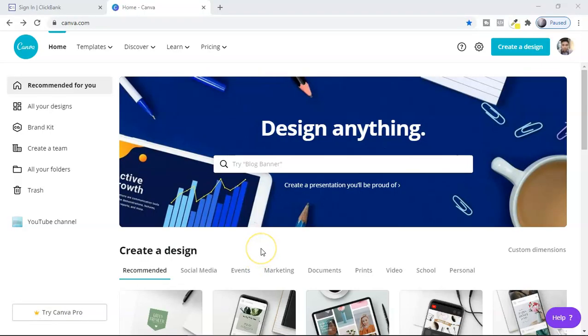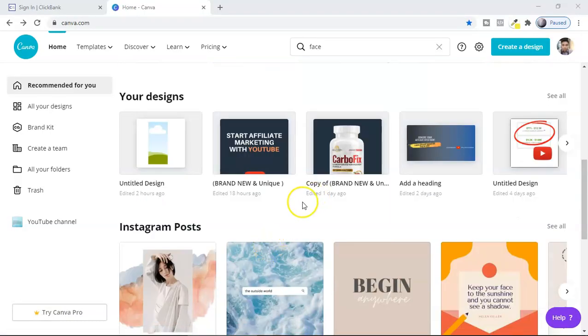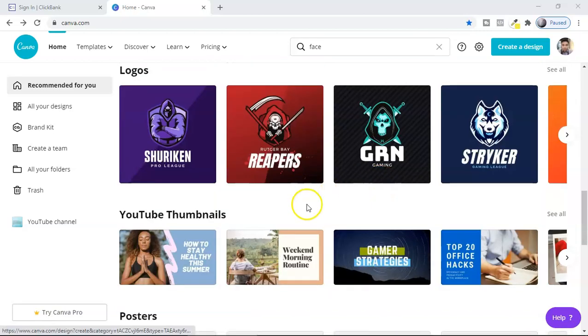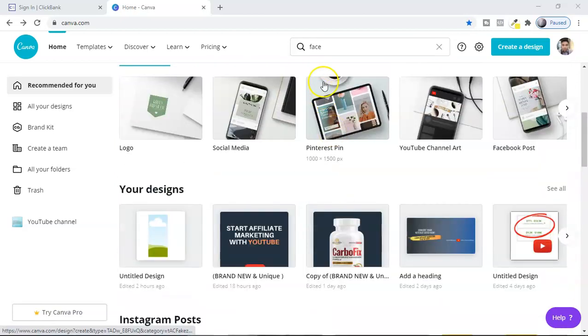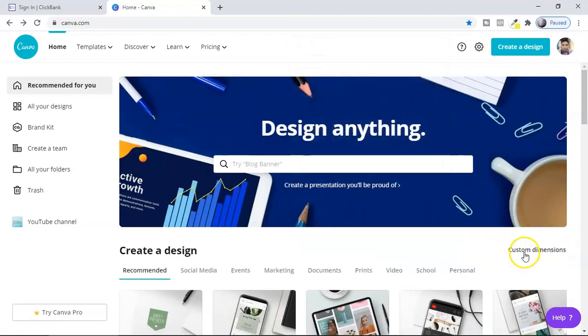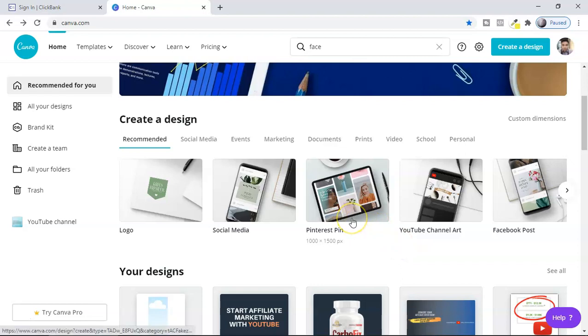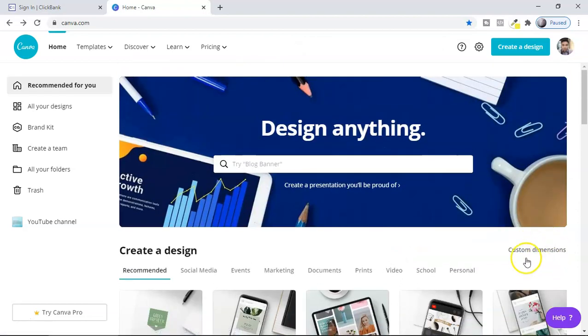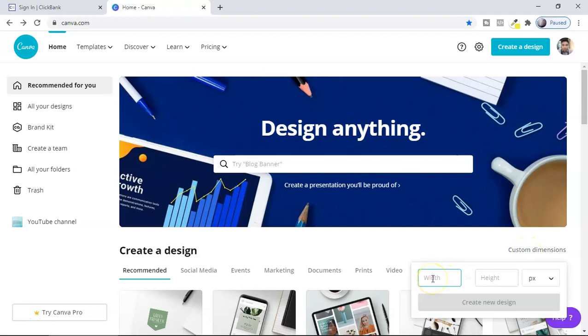Another free platform is Canva. Canva is also going to allow you to create a lot of good images. Here you can see it will allow you to create Facebook ads and all like this, okay? Look at this Facebook ad, Facebook app ad, cover, all these things here. But this is really low quality, guys. That's why I'm not creating more with Canva, okay? But if you're a beginner and you don't want to invest, you can get into Canva. You can put the image size here, whatever the image size is, and that's it, right? Create new design.